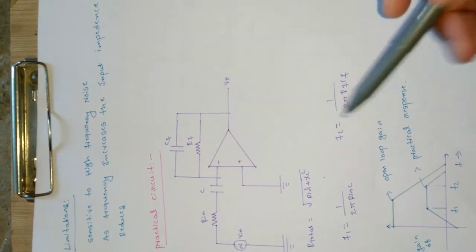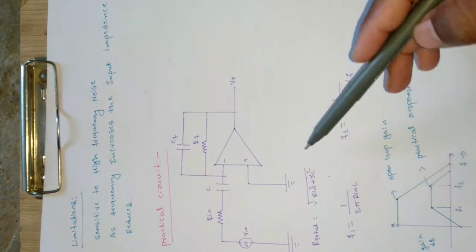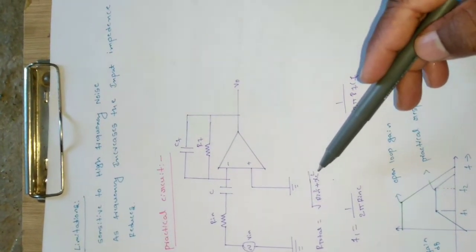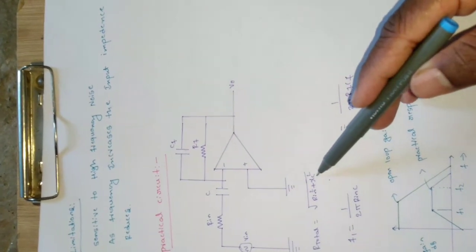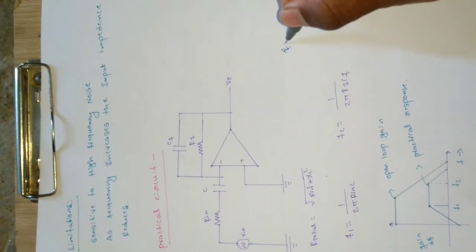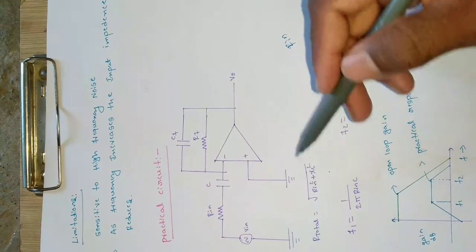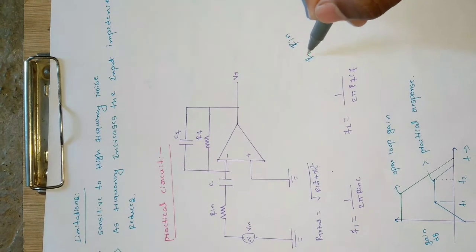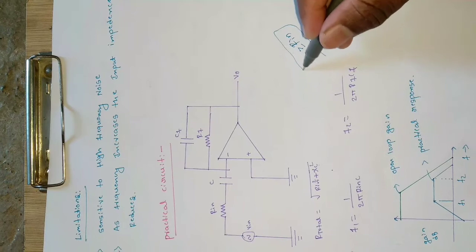So what will happen here is, the total resistance at the input side will go to the square root of Rin square plus Xc square. Xc is the resistance offered by the capacitor here. So if this term goes to 0, then it will be equal to Rin at least, because the square root and the square will cancel out each other and it will be equal to Rin. So we can ensure that R total is at least greater than or equal to Rin at any time.